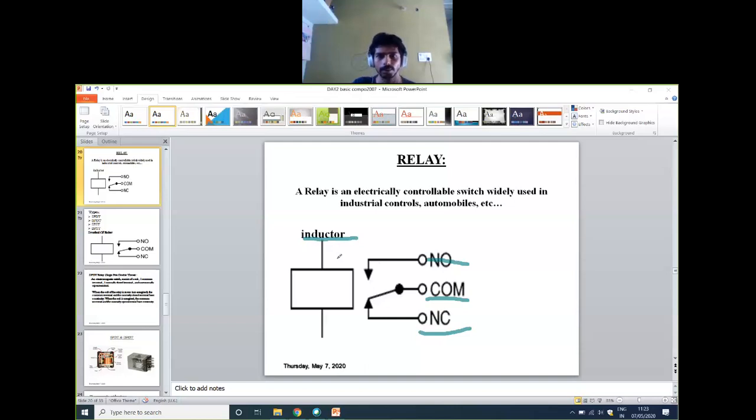And due to that magnetic field, if you observe these pin names NO, common, NC. NO is normally open, common is common, NC is normally closed. Common is connected to normally closed, so normally closed and common are always in connection.